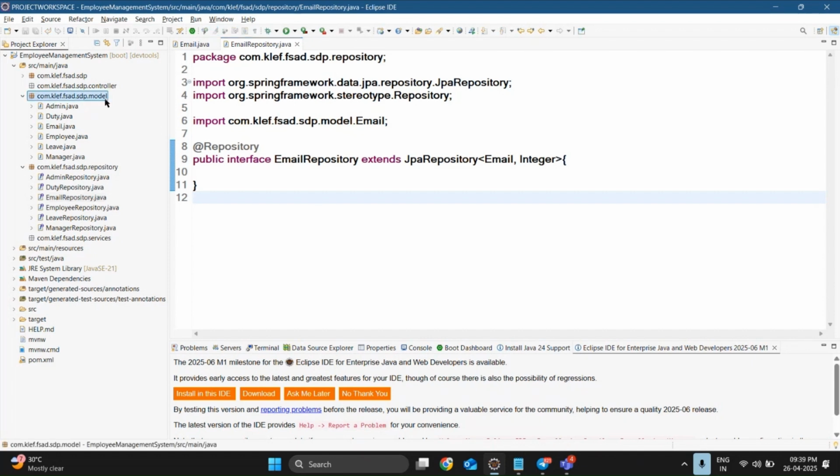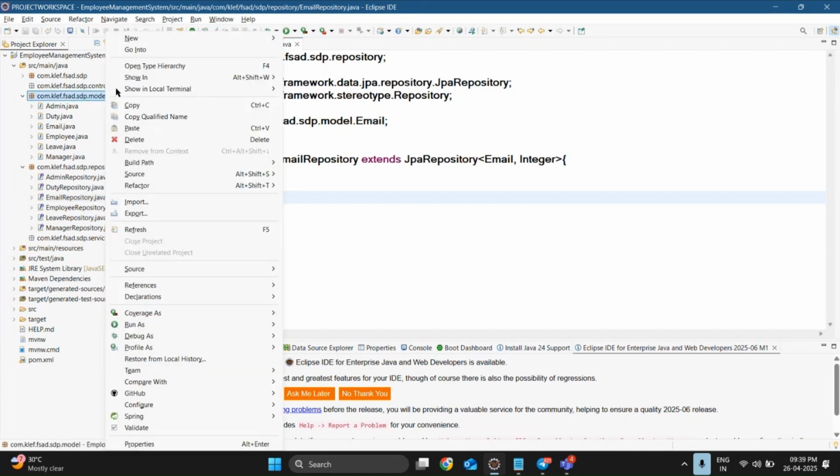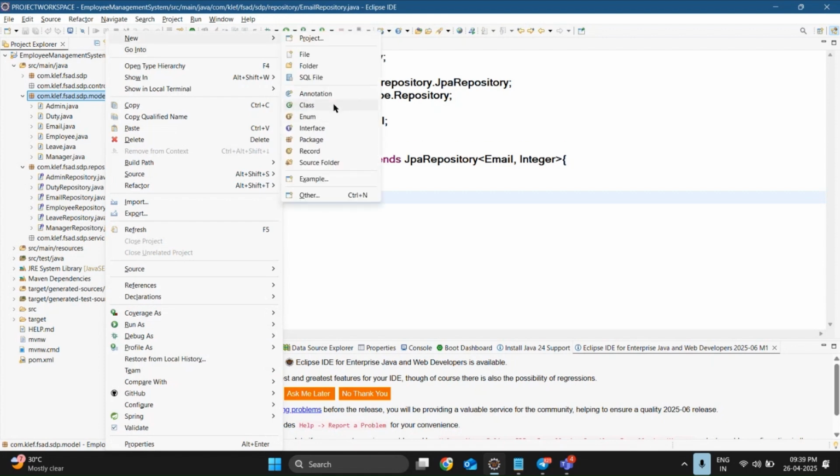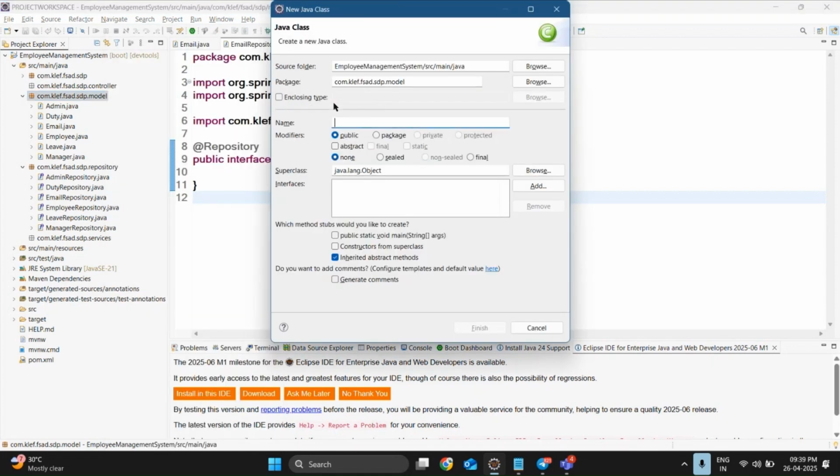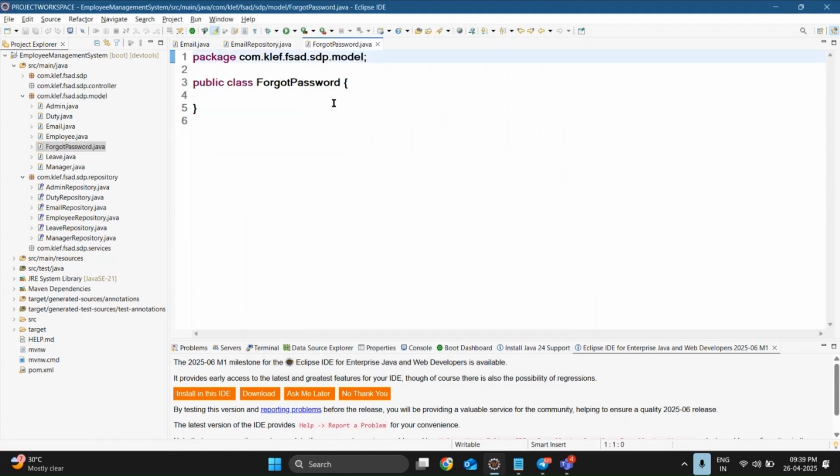Right click on model again. Go to new, go to class. Forgot password. Okay. So whenever any manager or employee clicks on forgot password under the login page,